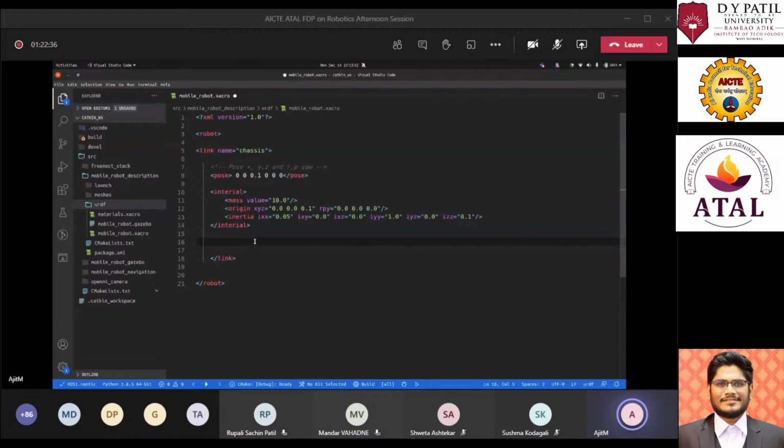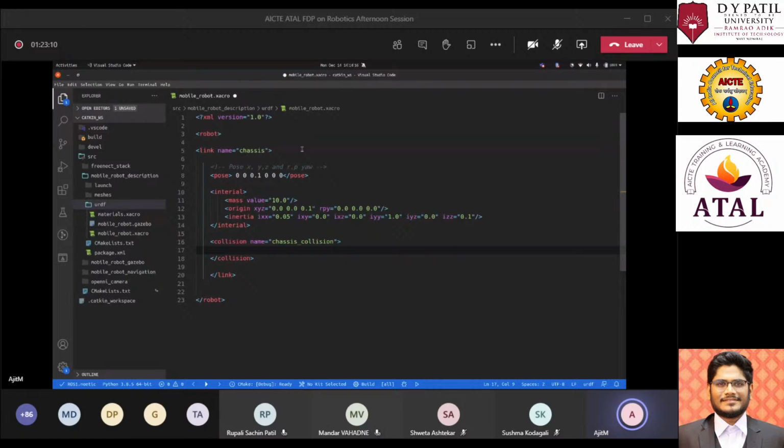If we start with the collision tag, first we'll give it a name, and this name will be chassis_collision. So this will define the collision of the chassis or the base link of the system. Here we define the geometry of the collision box.